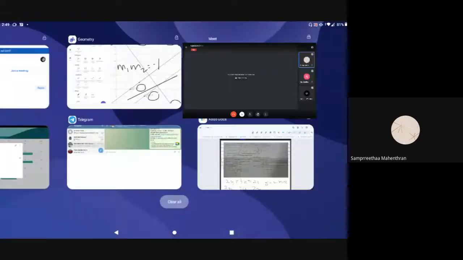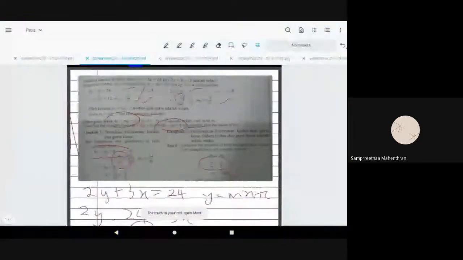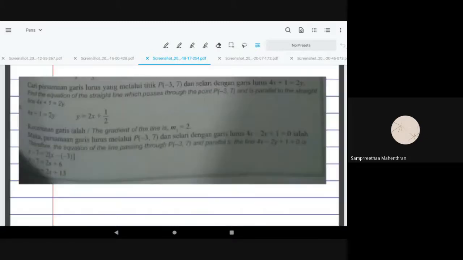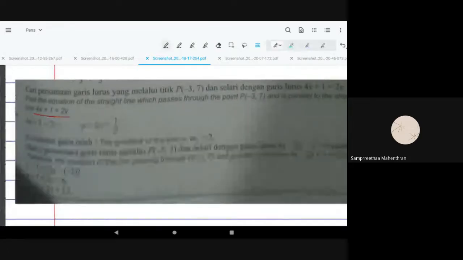So next, we want to discuss example 3. Find the equation of the straight line which passes through the point P(-3, 7) and is parallel to the straight line 4x plus 1 equals 2y. So we have this line, and we have just 1 point. So for the other straight line that is parallel to this line,